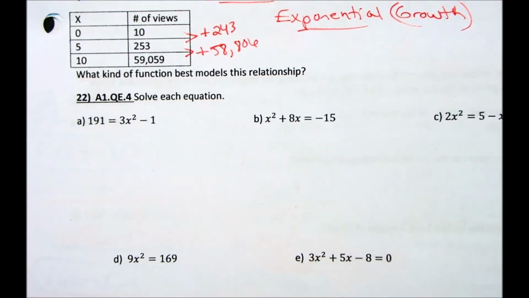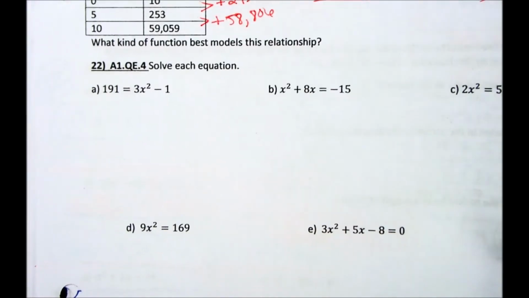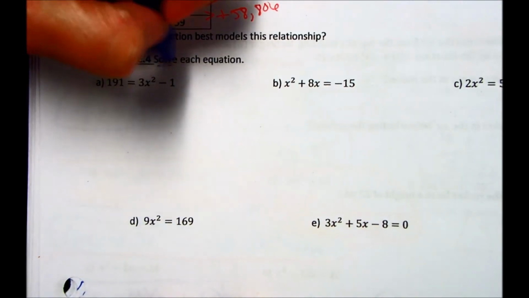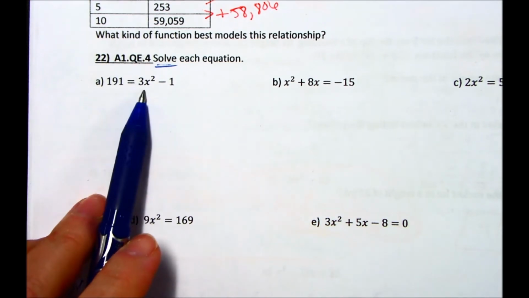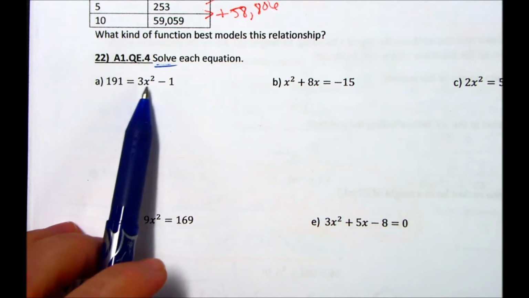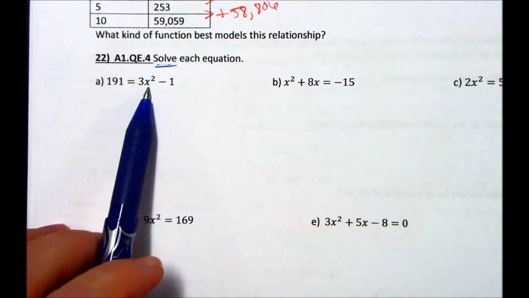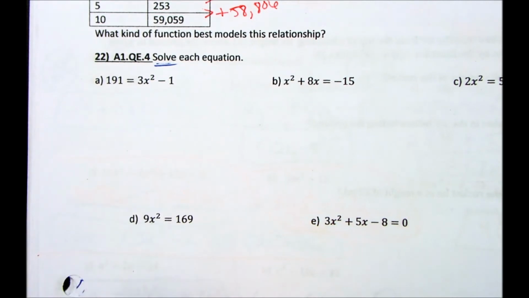The rest of these problems are all quadratic. The first problem here, we've got 5 problems that are quadratic and that we have to solve. So when you're looking at quadratic equations, we've got different methods. You want to look for, does it have an x squared term, and does it have an x term and a constant? So in this problem, you have an x squared term, but these two are constants. So the easiest way to solve this one would be using the square root method,